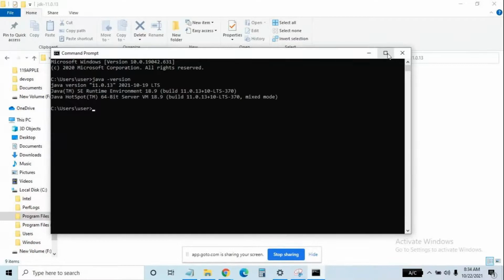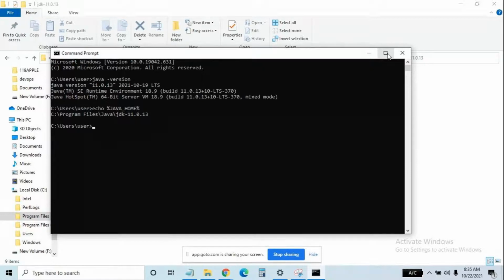Also you can type echo, with a space after echo, then percentage JAVA_HOME percentage. Enter. Yes, so it's working perfectly.